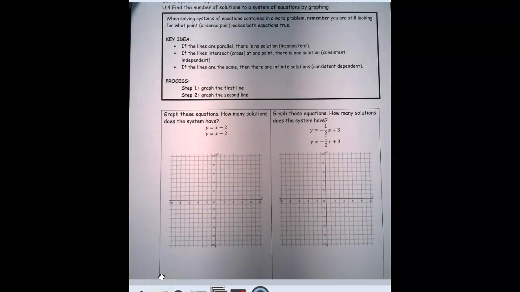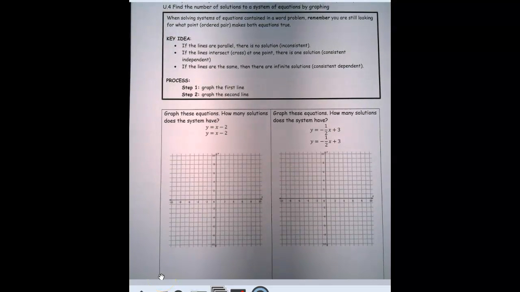Hello. Now we're going to look at finding the number of solutions to a system of equations by graphing. So again, I want you to remember that when you're solving a system of linear equations, or any system of equations, because they're just not linear, contained in a word problem, when you're graphing, anything like that, you're still looking for what point or ordered pair